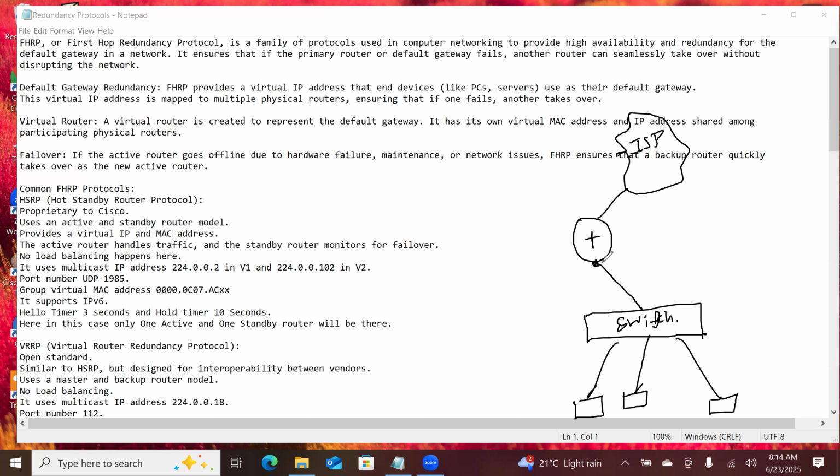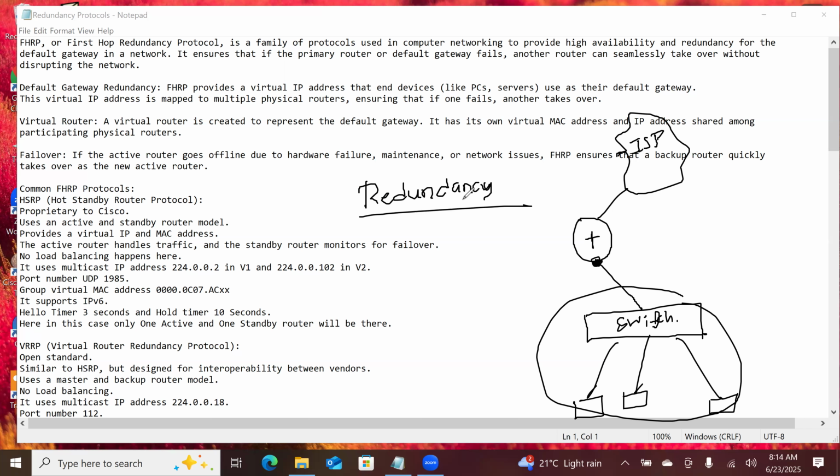Okay. So what happens if this fails? What will happen if this gateway fails? All the local area network devices are not able to reach the ISP. Am I right? Yes. So that is why in every network there will be a redundancy. What do you mean by redundancy? It's a backup path, or I can say a secondary path, through which we can reach